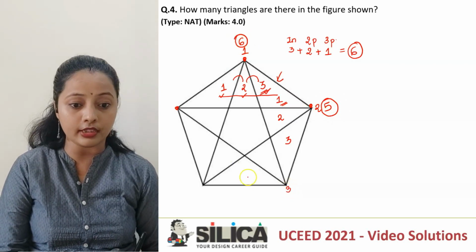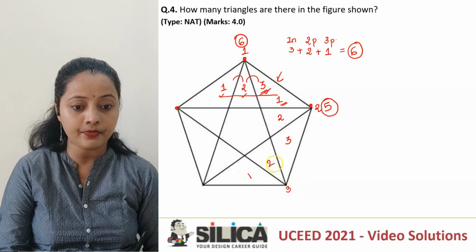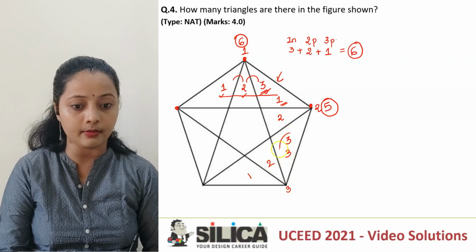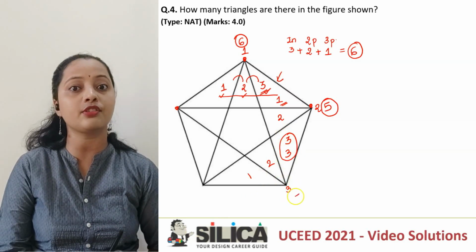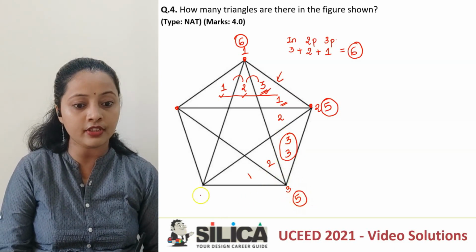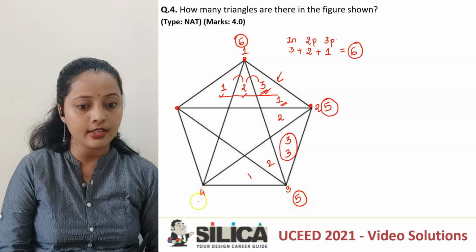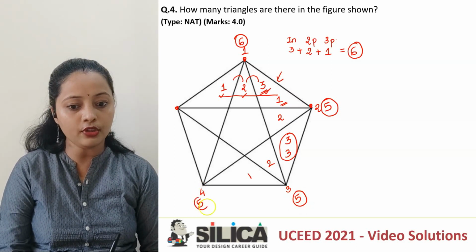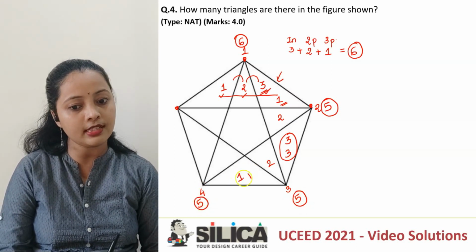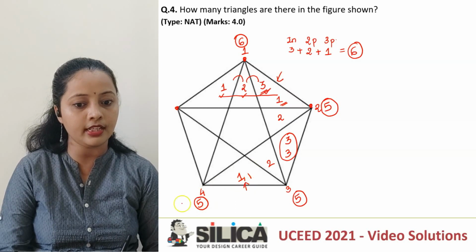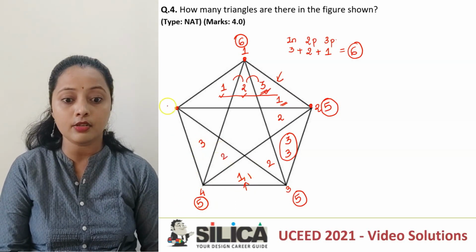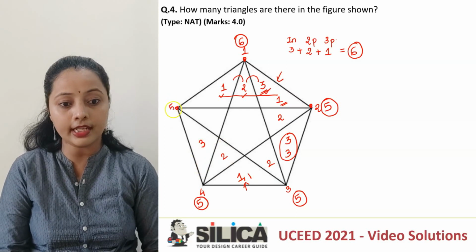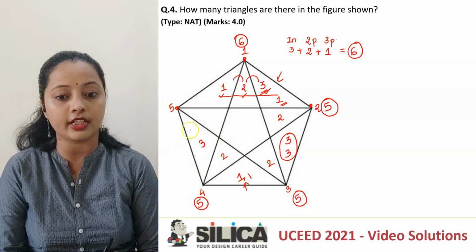Similarly, let's go to the third vertex, that is this one. Now I number this 1, 2 and 3. So you see here, again there is a common section coming out. So totally for the third vertex again, I'll have 5. Similarly, for the next fourth vertex also I'll have 5 because it's a similar structure. When I number it, there will be 2 ones in this bottom triangle, so I cannot count it again, right? So 2 and 3.